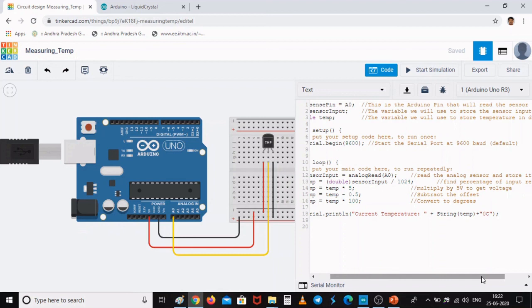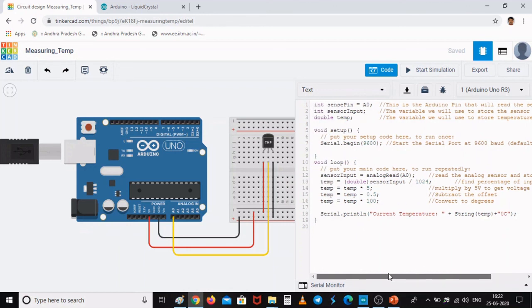Whatever value the temperature sensor is giving is read by pin A0, and we read in turn from pin A0 what is there in it with the help of another command, which we assign to a variable like sensorInput. And then lastly another variable, double temp. Temp stands for temperature. As our temperature is normally of a floating type, we have used the type double temp. This is for converting your voltage levels into degrees Celsius for displaying your temperature, so it normally stores your temperature in degrees Celsius.